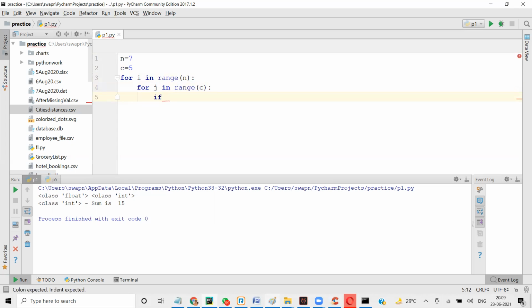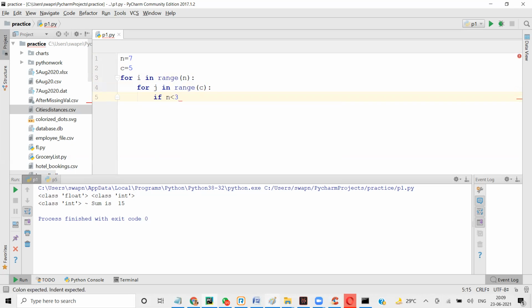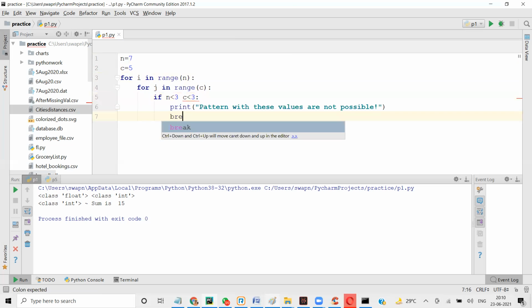I'm going to say if C less than 3, print pattern with these values is not possible, and here I'm going to say break. This is going to throw us out of the inner loop only. It is not going to throw us out of the outer loop.